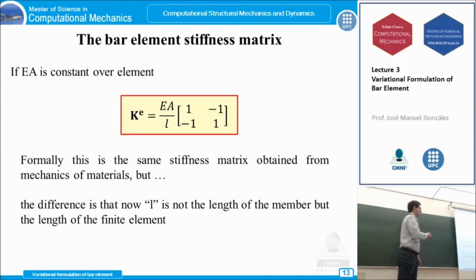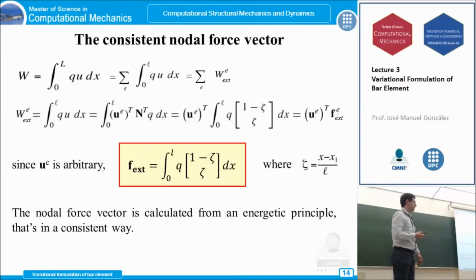This is a particular solution, and if we make this same formulation in a much more complex problem, we'll get something similar. There will be a sort of axial rigidity, but not axial. There will be a rigid term. There will be a length of the bar element. There will be a matrix. Okay, there will be an integral, but we are going to make the same steps to get this variational formulation. Okay, as I told, we are not finished because we must talk about the consistent nodal